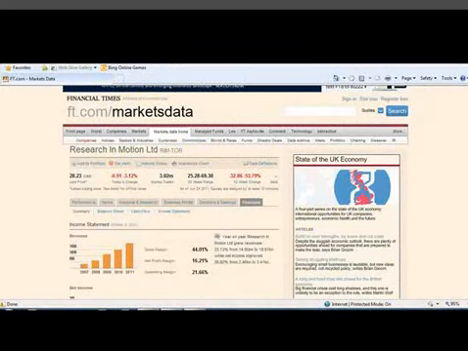Just before we start to look at some of the theories of capital structure, it would be interesting just to take a couple of companies and to have a look at what gearing they have. So on the Financial Times website, you can do a quote for companies like Research in Motion. This is the company that produces Blackberries, and it's a relatively young, high-tech company. So we would, in our notes, suggest that it's early in its life cycle, a high level of fixed costs with unstable revenue. So we would expect it to have low levels of debt. And if we scroll down,